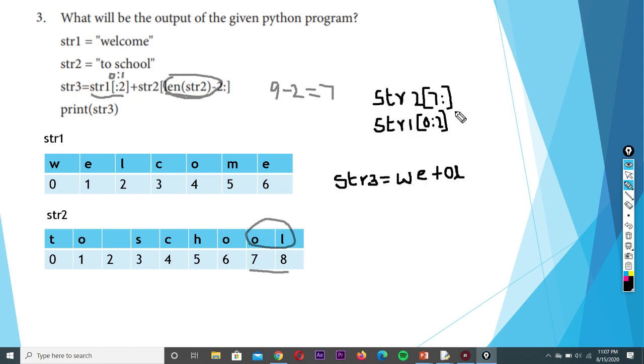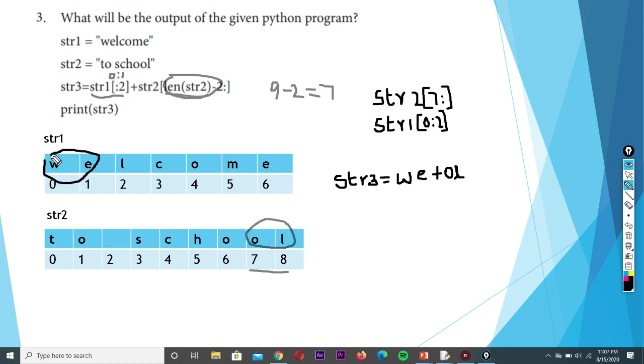The first one, str2[7:], gives the value OL. The second one, str1[0:2], means we have to consider 0 to 1, since the ending index is considered as 2 minus 1. What is the value of 0 to 1?